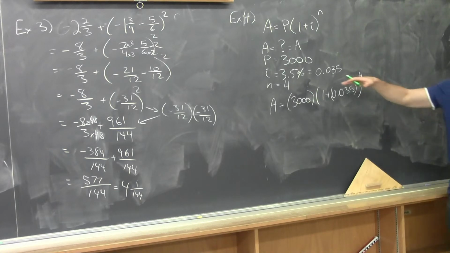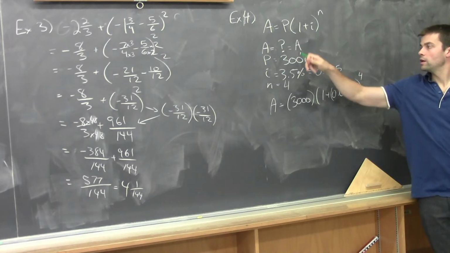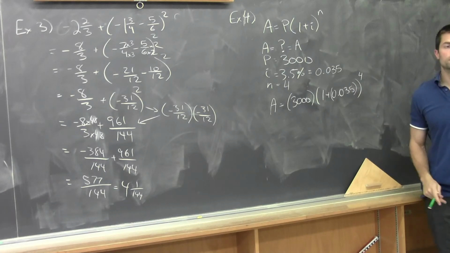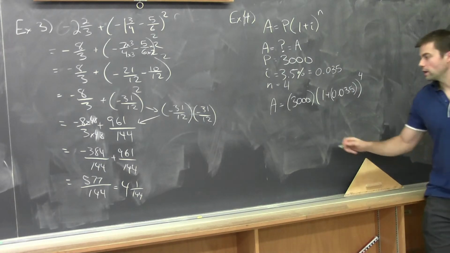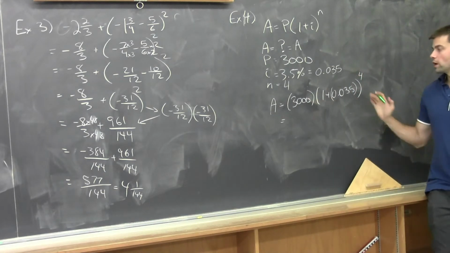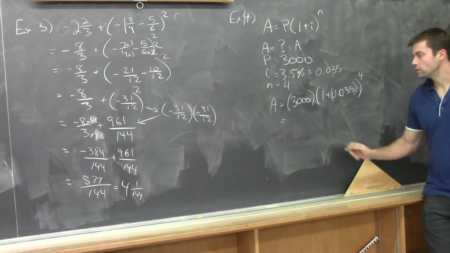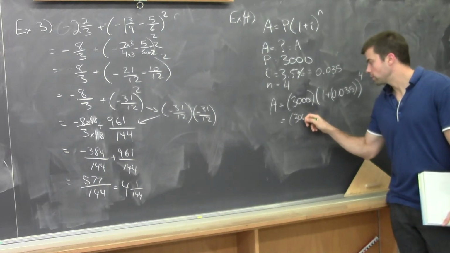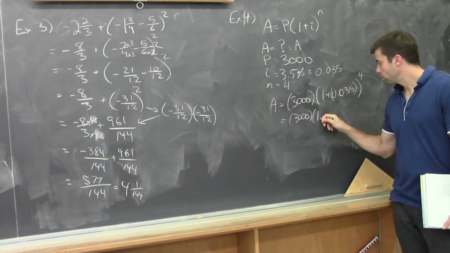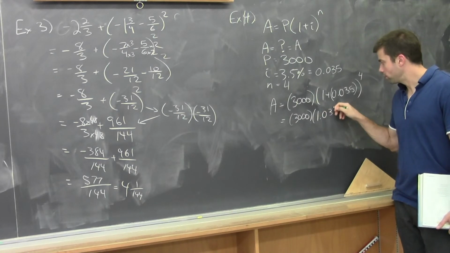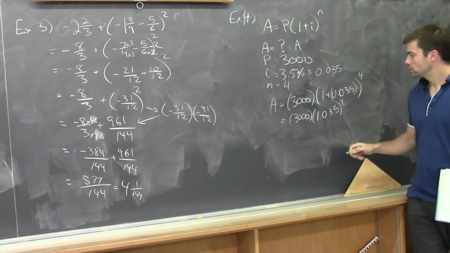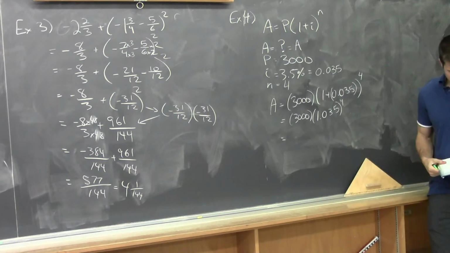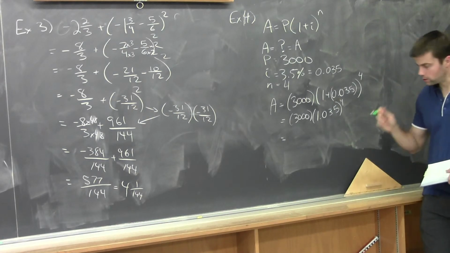So all I've done was take those values, and where I had my values known, I substituted them into the formula. And now you could put this right on your calculator, okay? If we wanted to do a little bit of work first, we could say 3,000 times 1.035. I've just added those to the exponent of 4. Finally,